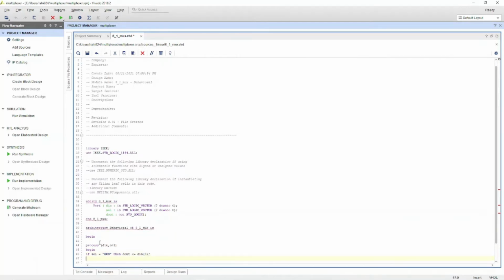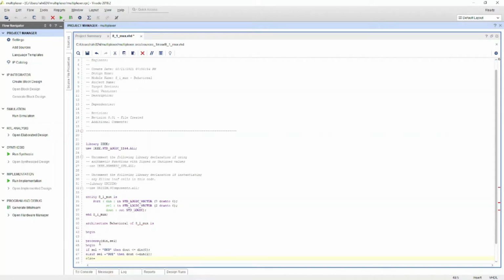Else if select is equal to 001, then D out is assigned D in 1. Okay, it's a vector, so I am indexing the locations. It's alright.